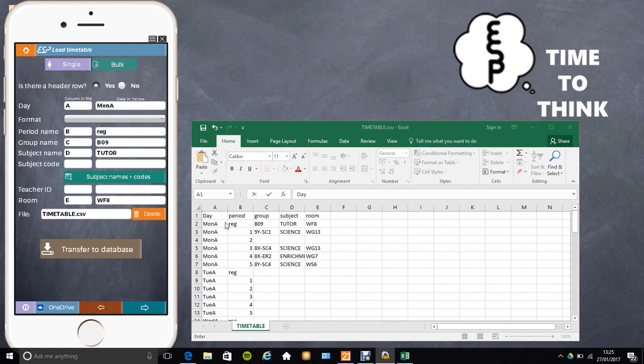We now need to make sure that the app is looking in the right places for the right information. And we can do this by changing the letters in the left hand column. We also have the option though to select from a number of different day formats. So once we have selected the one that corresponds with our data, we can then click the button to upload